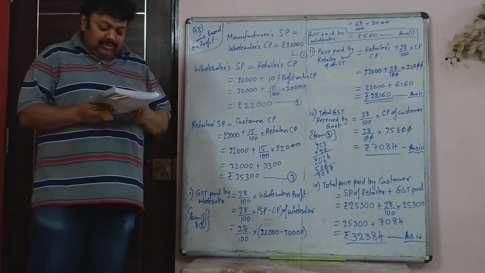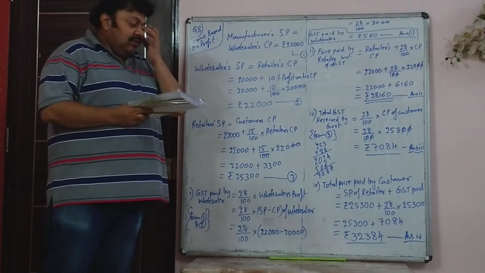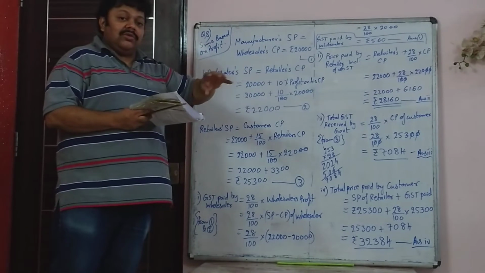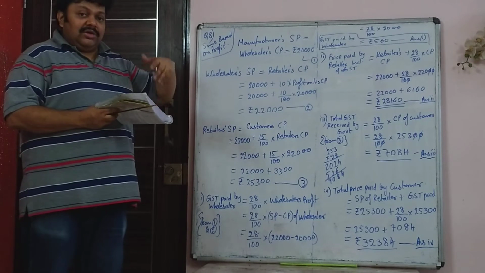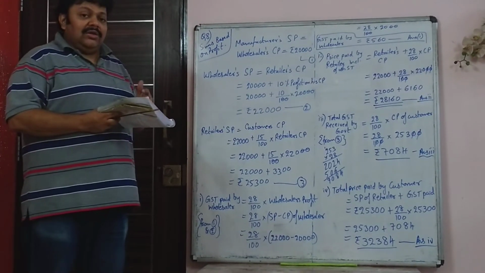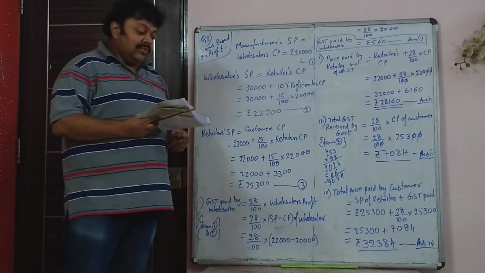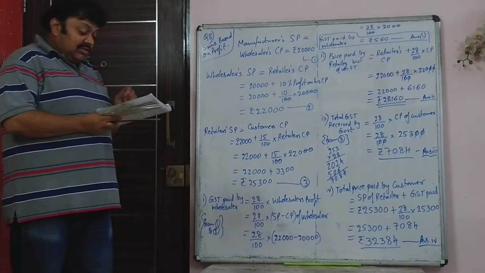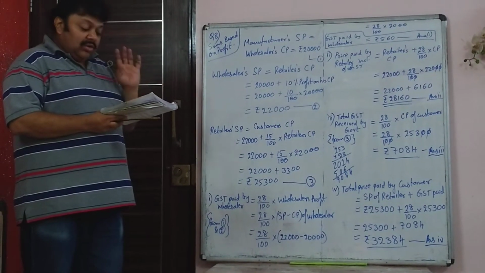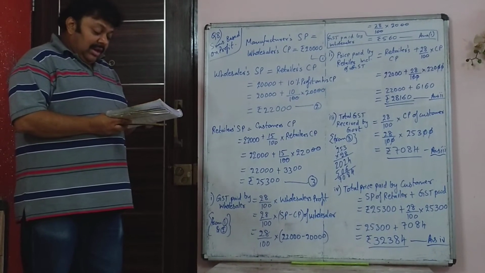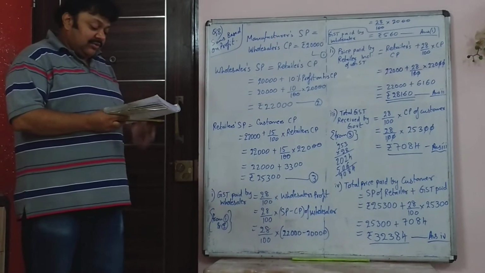It's a different type of sum. In this you are given that the person is making a profit at each stage. In the previous 2 sums, it was given that a discount was given. So you calculated the discount as a percentage of the mark price, and then you found what was the retailer's profit and what was the wholesaler's profit. That's what you did in the previous 2 sums. Now the 8th sum says a manufacturer sells a TV set for rupees 20,000 to a wholesaler, and the wholesaler sells it to a retailer at a profit of 10%.